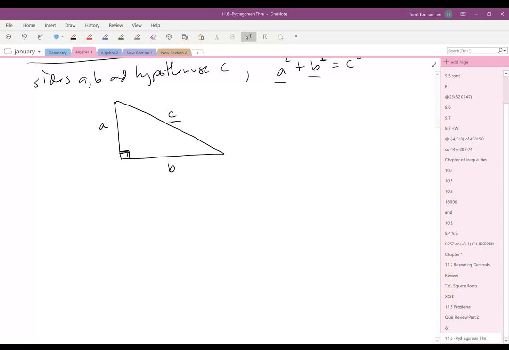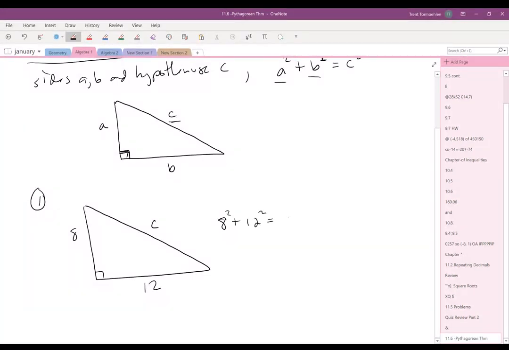And you know, there are really two different types of examples. One example would be this, where you're given the side lengths, for example 8 and 12, and asked to find the missing side C. And so you go through and write your equation as 8 squared plus 12 squared equals C squared. That gives you 64 plus 144, which is 208, equals C squared. Then you take the square root of both sides